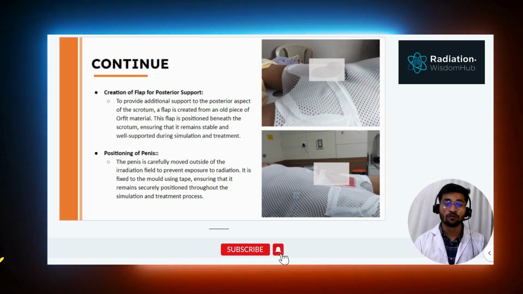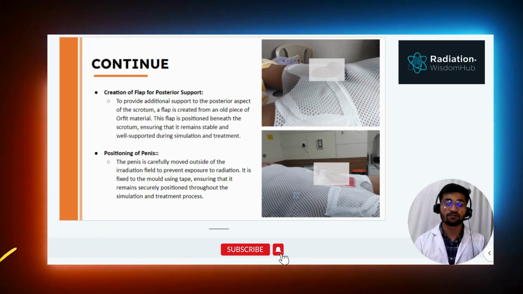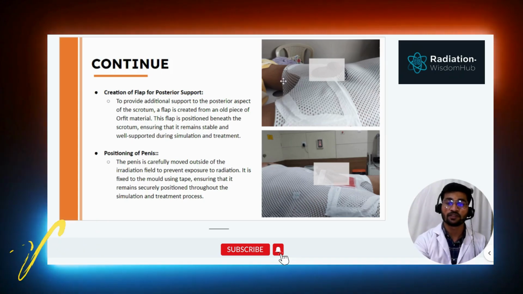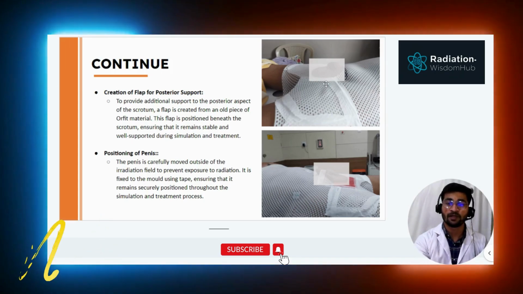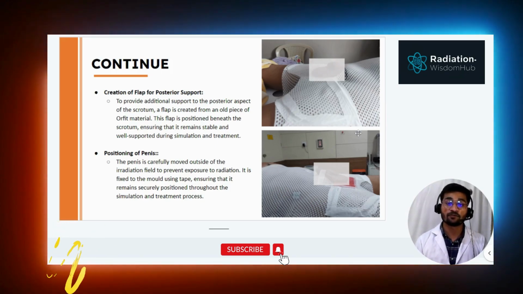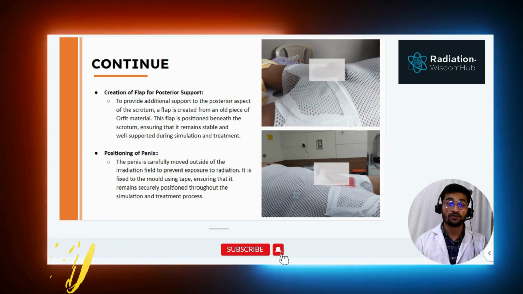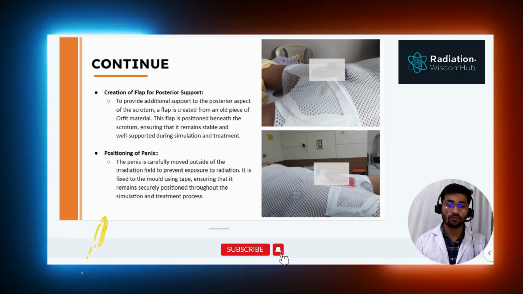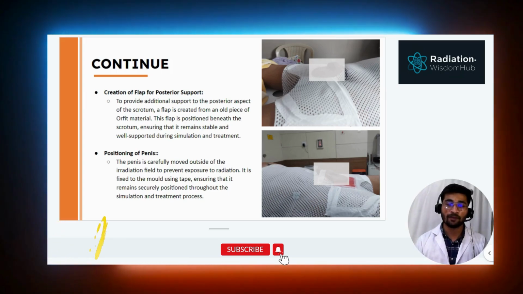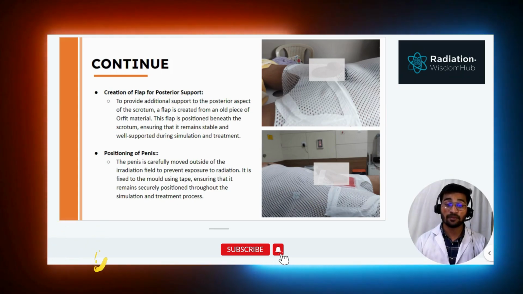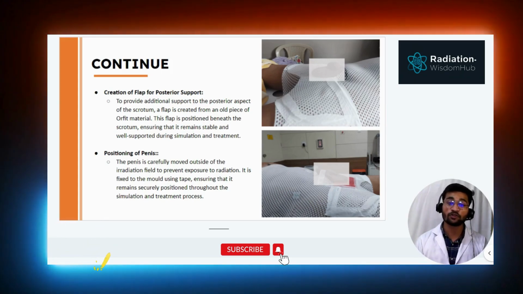So for the rest for the scrotum, we made a flap as you see in this picture. This is the flap and the scrotum rests on this flap. We provide additional support to the posterior aspect of the scrotum with a flap created from the old piece of orfit material. This flap is positioned beneath the scrotum, ensuring that it remains stable and well supported during the simulation and